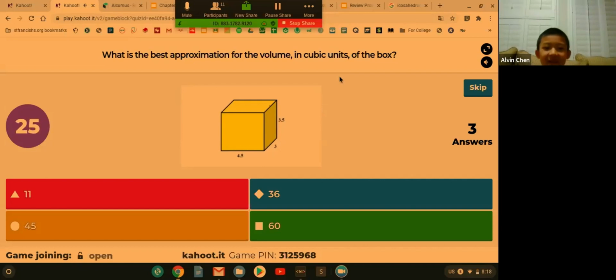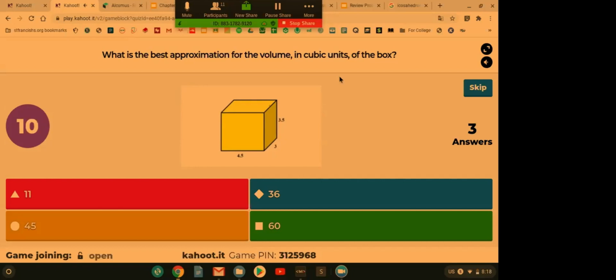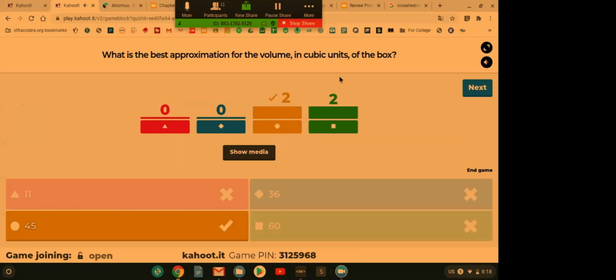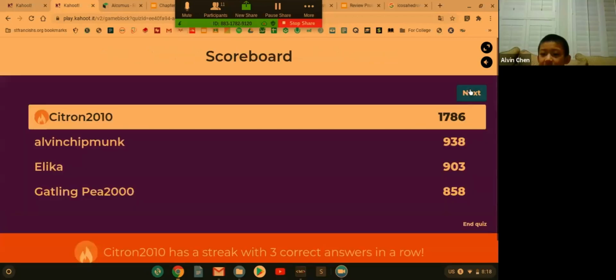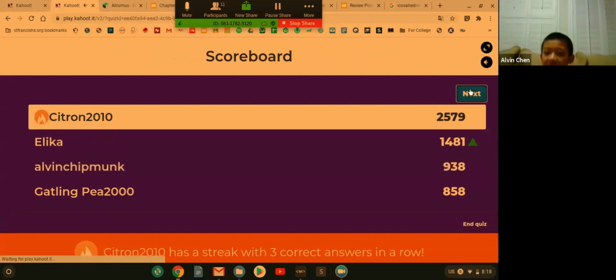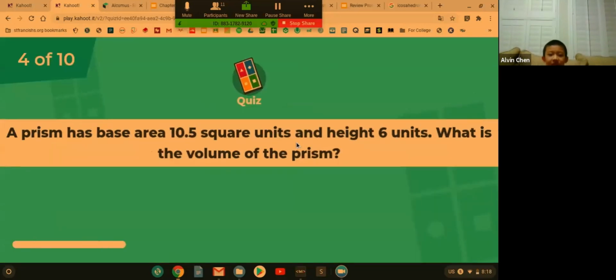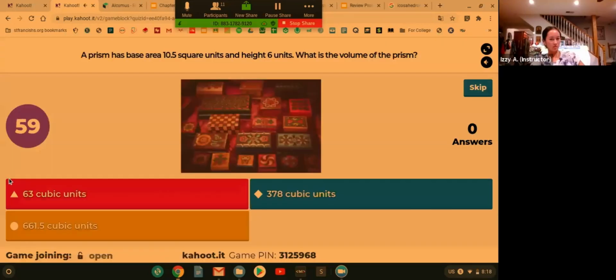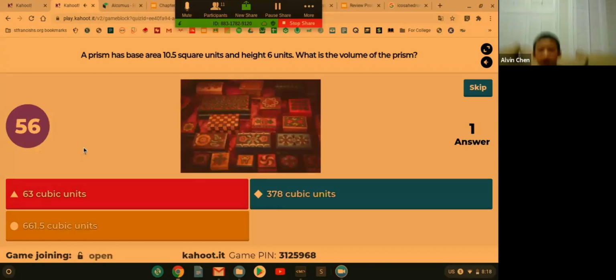Citrons are always superior to Gatling Peas. I shall prove that citrons are better than Gatling Peas. First of all, Gatling Peas are one of the oldest plants in the Plants vs. Zombies universe. Second of all, citrons are from the future, so they are super high tech plants. Okay, citrons are from the future. What? Okay, so they're superior because they're from the future.